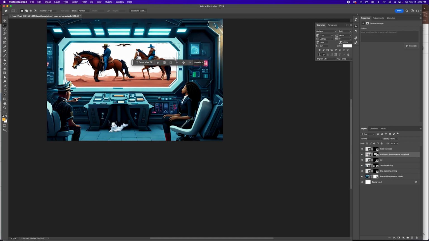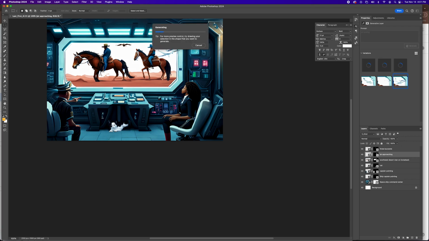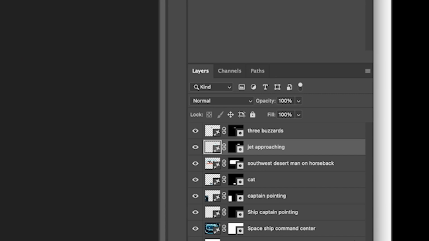Go back in this area here and say jet approaching. Well, there's definitely a jet there. Not digging that. I think approaching means something different than what they think. How about landing? Yeah, maybe. No. Sort of. Okay, and so just so you'll know, if you went on to your layer back here, your layer